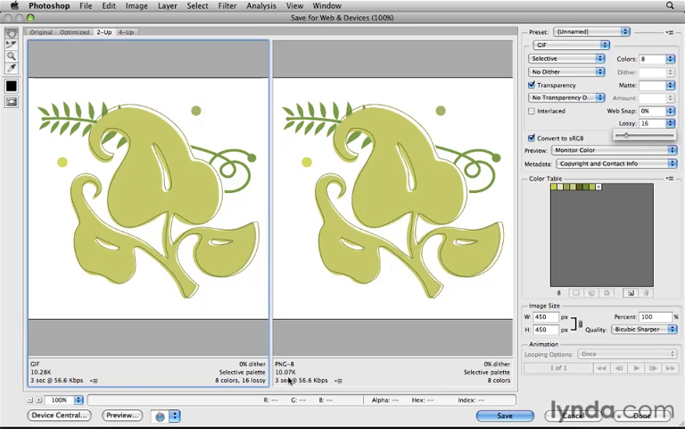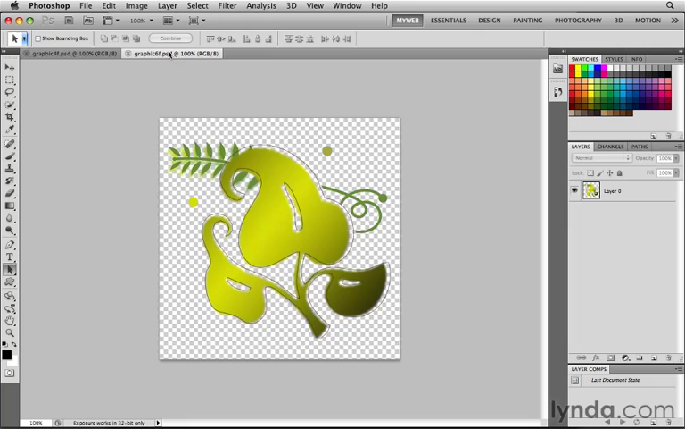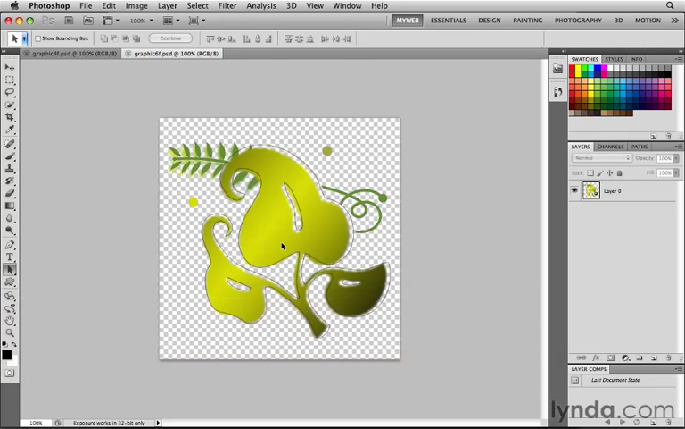To show you that, I'm going to cancel out of the Save for Web and Devices window and go to another image that I have open here in Photoshop. Here is a PSD source file containing a gradient which is continuous in tone and therefore contains lots of transition colors. Also, this graphic is surrounded by transparent pixels, represented by the gray and white checkerboard, and the graphic has